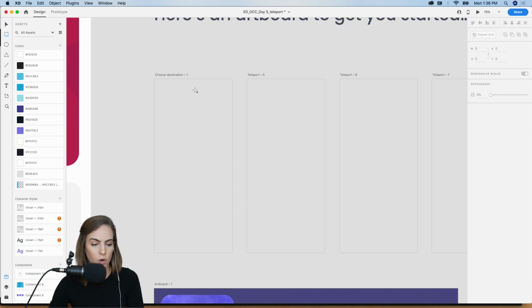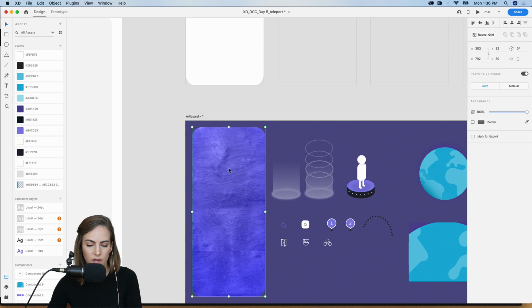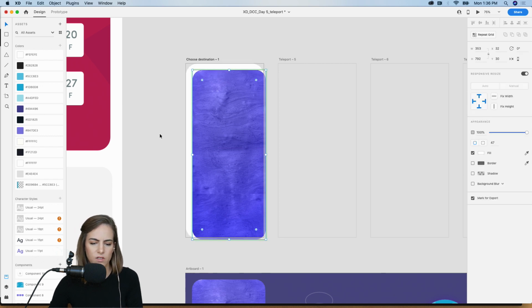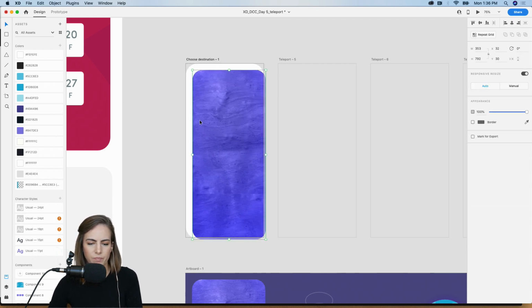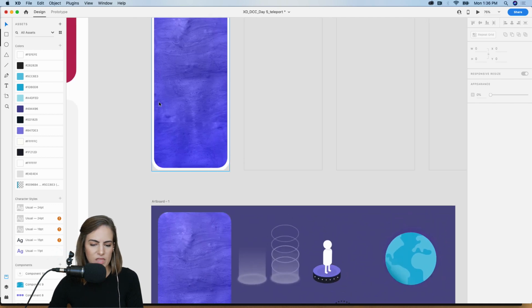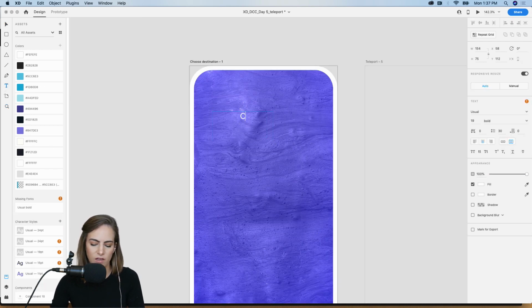So I'm gonna start on the home page. I'm just gonna make a white background as usual, give it a little bit of a rounded corner, and then this texture, which I made. The texture was from Unsplash, kind of like a concrete pouring texture, and then I added a few blending layers in Illustrator. That is how I made that. There is a line here, but that's okay because that's going to be covered up, so don't worry about that. Let's start at the top, and we're just going to say, choose your destination below.